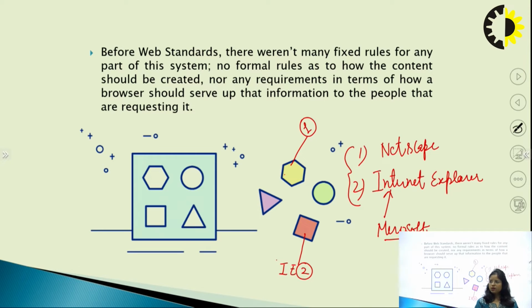Why? Because all the web browsers started developing new applications or adding new features to their browsers. So, it became more difficult for the developers to improve their websites in such a way that they can run properly on the different browsers.